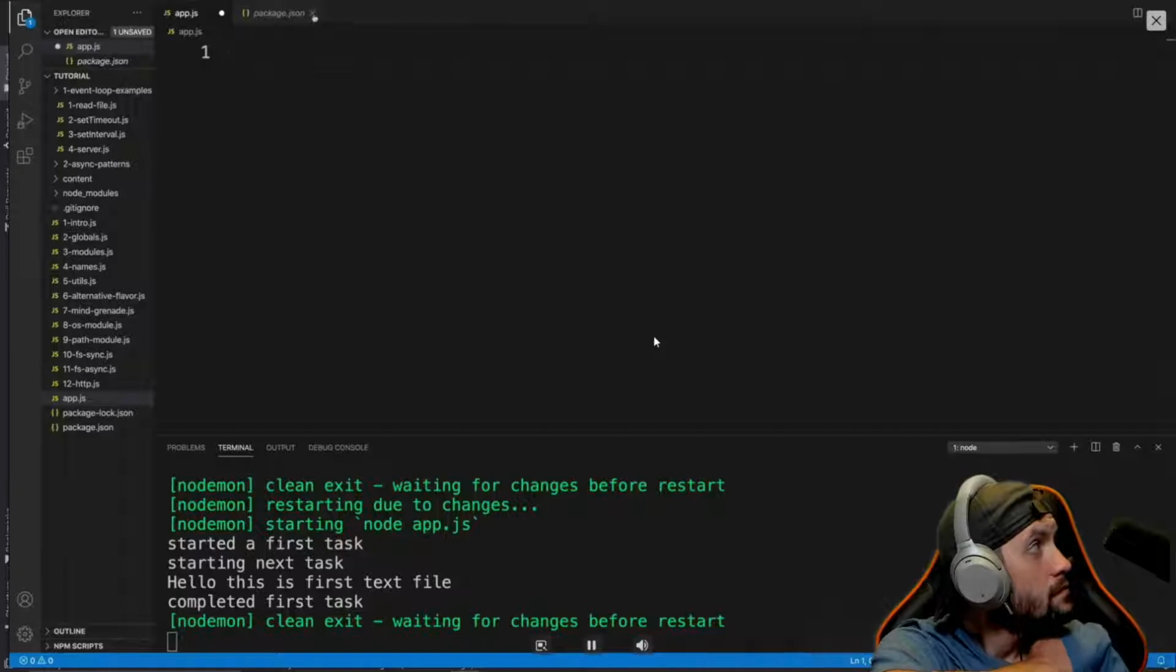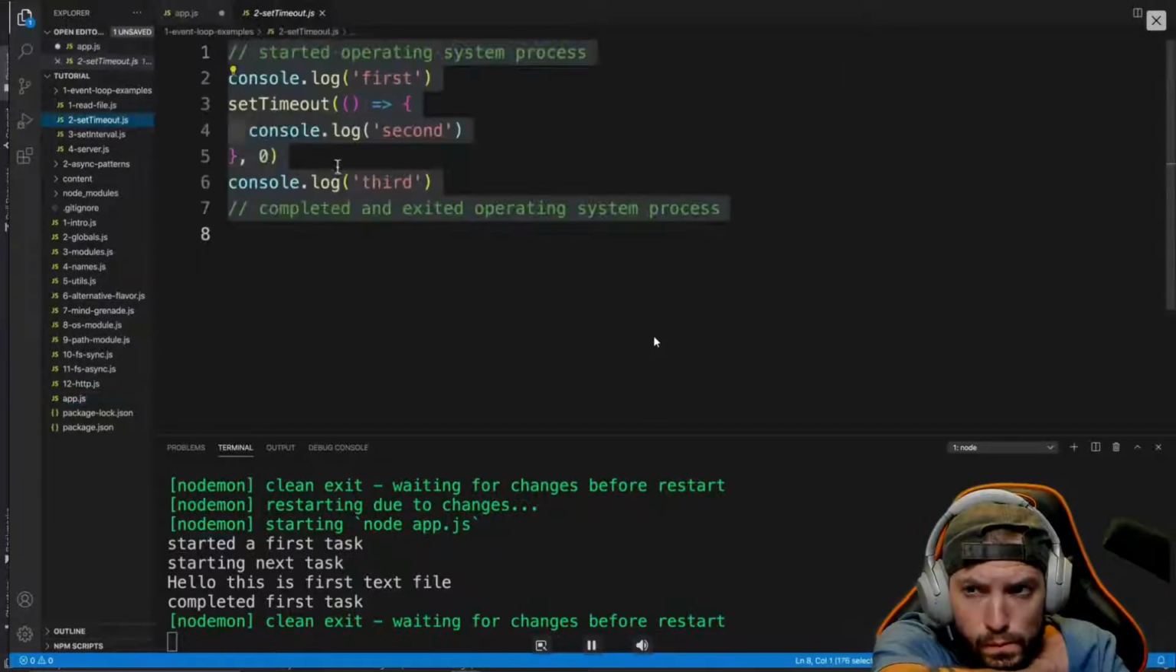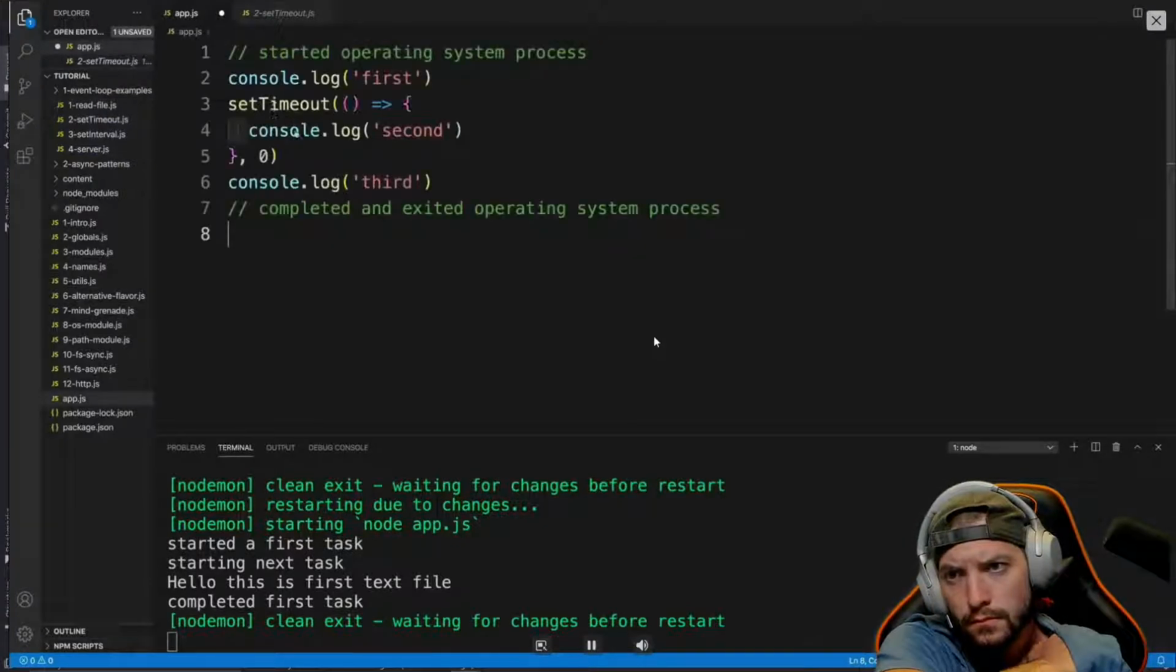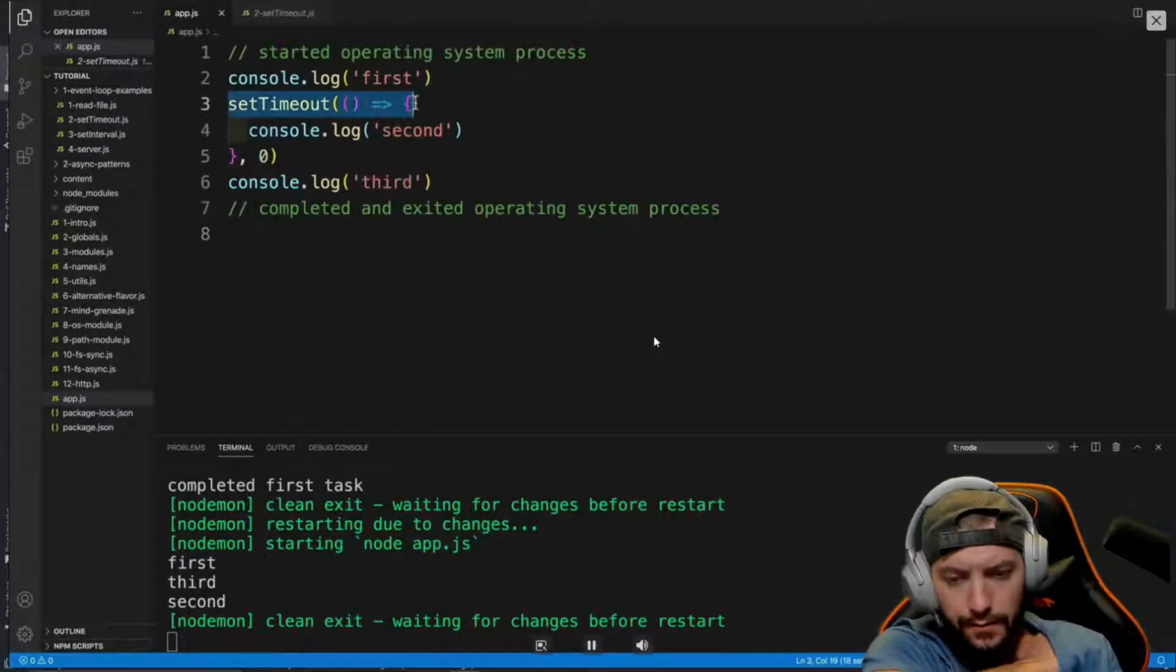Now, our next example, so let me clear my app.js. I can close the read file as well as package.json. And then the next one is setTimeout. So select here everything and